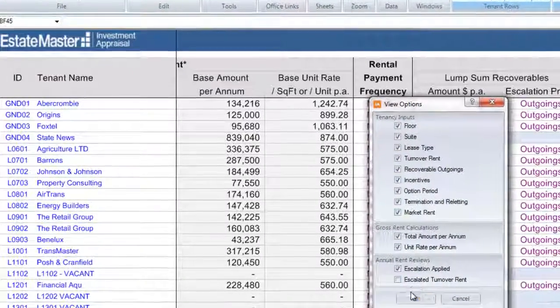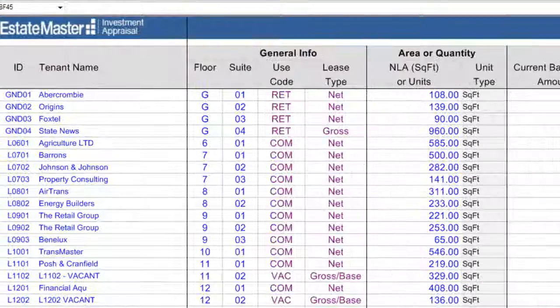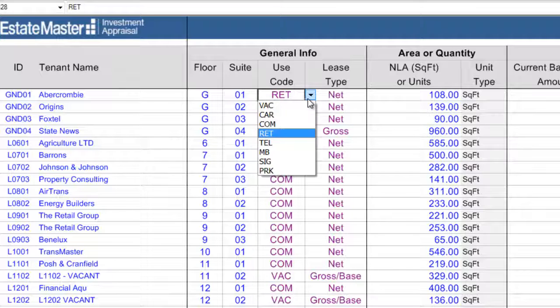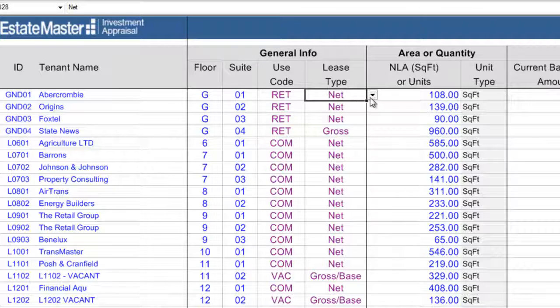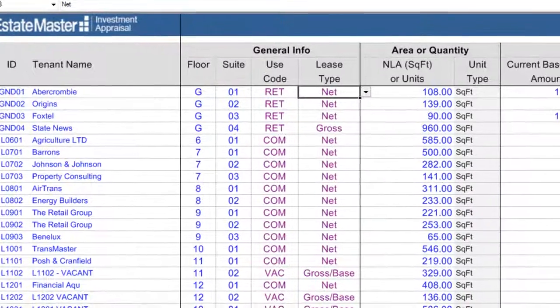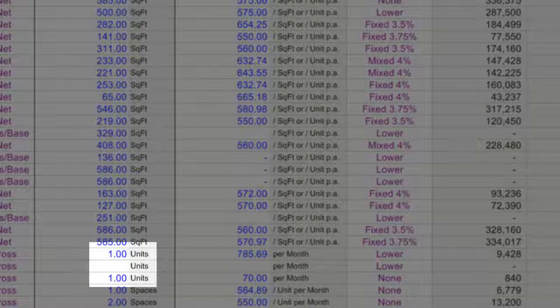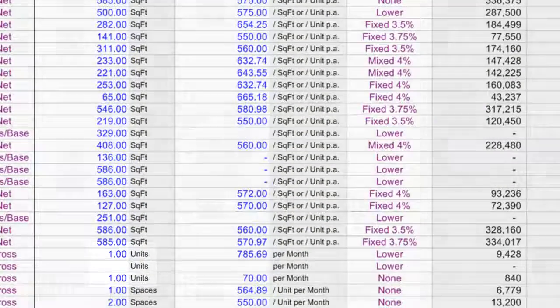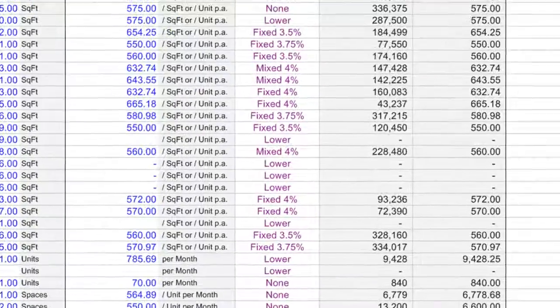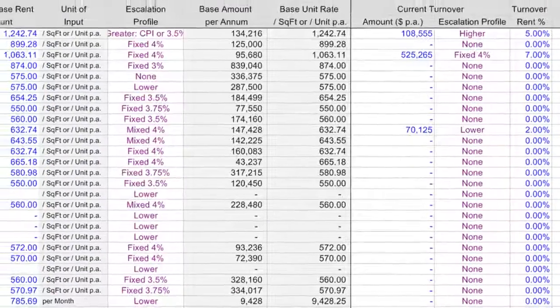The tenancy worksheet includes general information for each tenant, such as their name, floor, and suite number, the type of use, and the type of lease that applies to them, the net lettable or net leasable area that each tenant occupies, or the quantity if something is measured in units, such as car parking, the base rent that is payable by each tenant and the escalation profile applied to them,